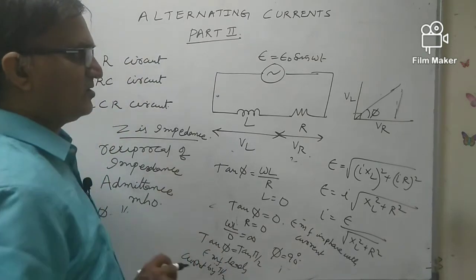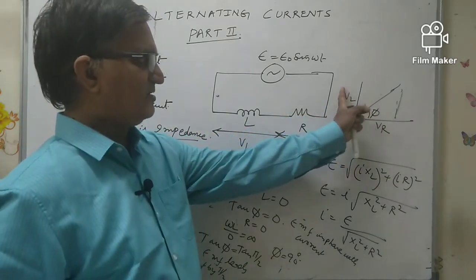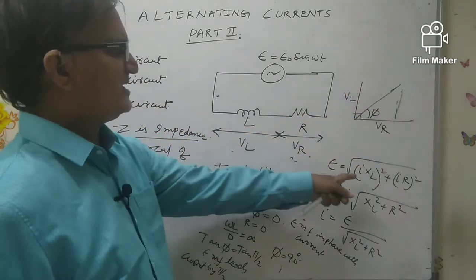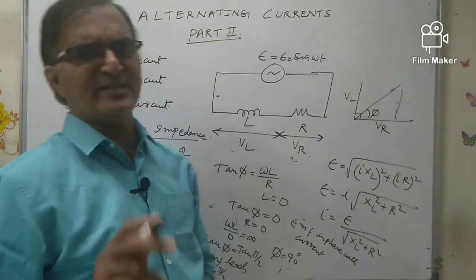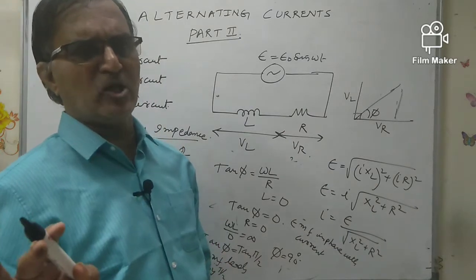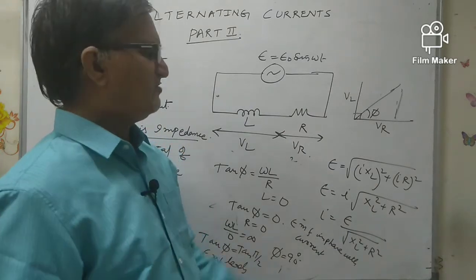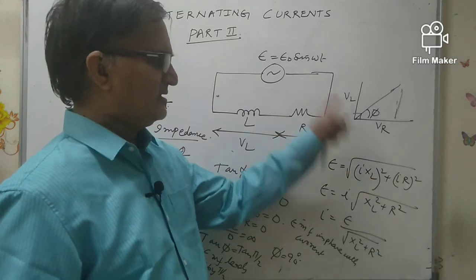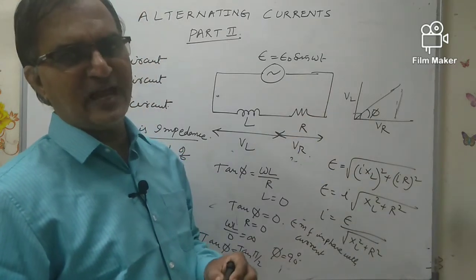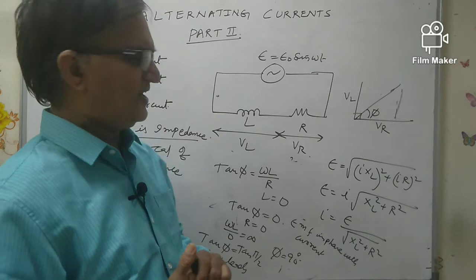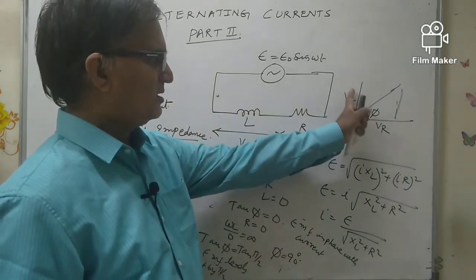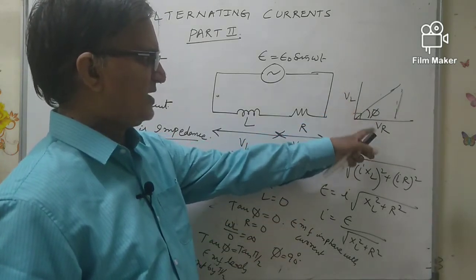This is about the LR circuit. You have to take tan phi as VL by VR, so that you don't get confused. For resistance you remember all the time V is equal to IR. Same thing, we take V is equal to I into XL. XL is omega L, omega is the angular frequency and L is the inductance. That is the only difference. These two have 90 degrees between them.